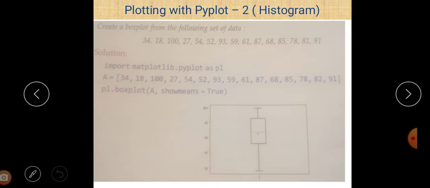So first of all just import the matplotlib library. So just write import matplotlib.pyplot. Pyplot is an interface or collection of methods used to plot a box plot. So just write import matplotlib.pyplot and give an alternative name to it, and we give the alternative name PL. So just write as PL. So whenever we want to use matplotlib.pyplot, just write PL in that case. And there is a data set already given in the question.